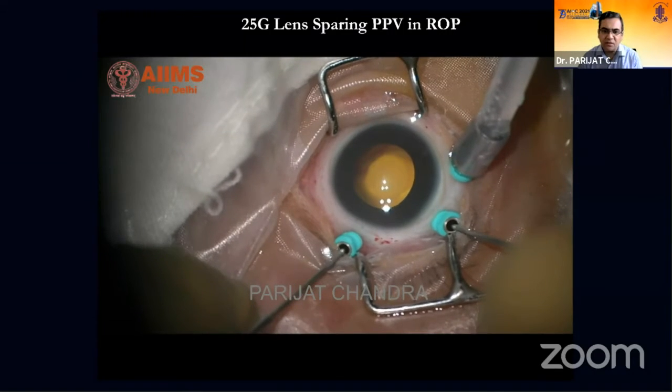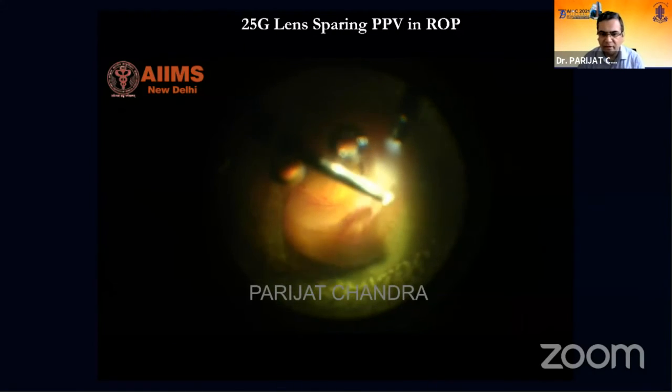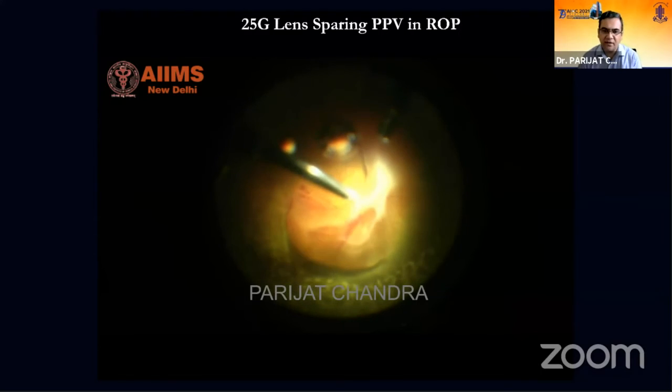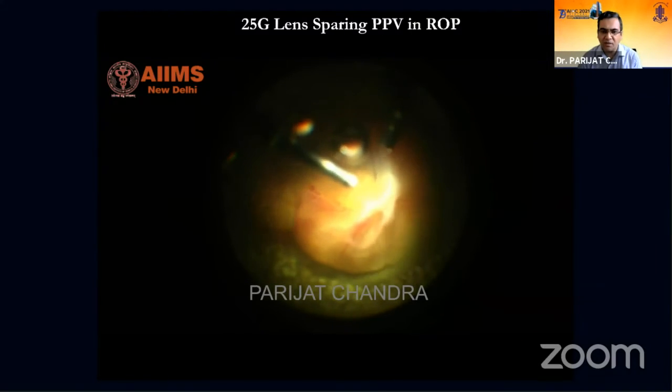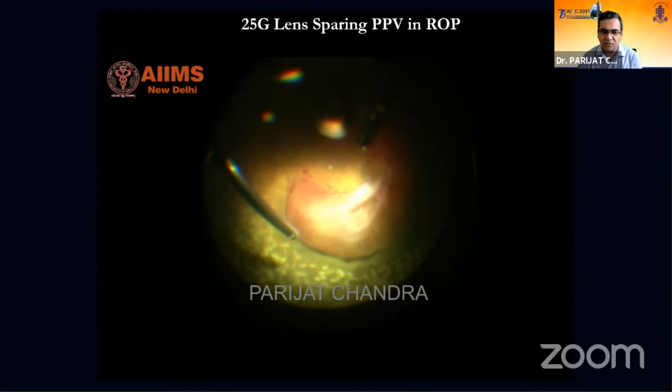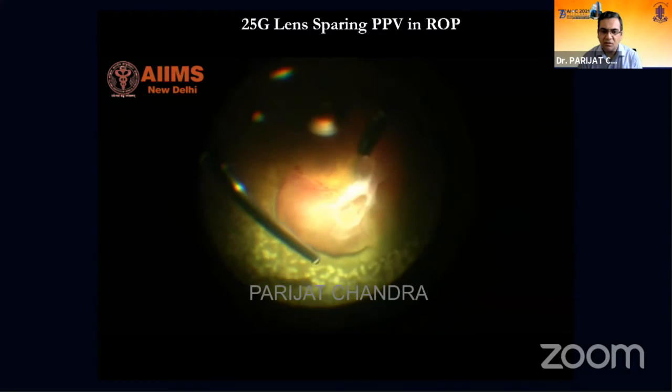There's another case where the TRD is more posterior. It's a zone 1 disease. Again, you can see an extensive traction is there. You can see how yellow the vitreous is here. So once you remove all that vitreous, all that,